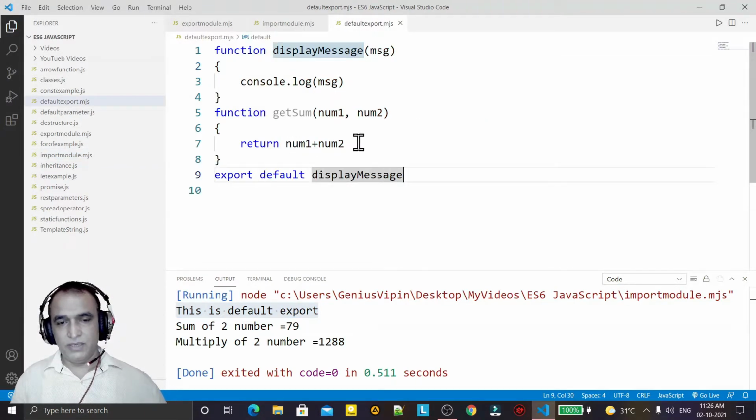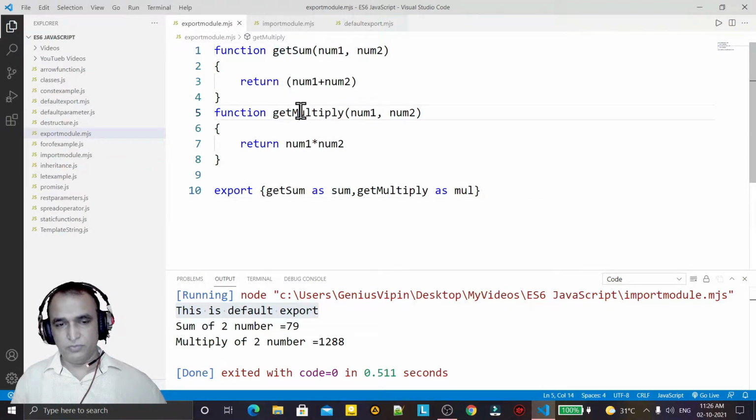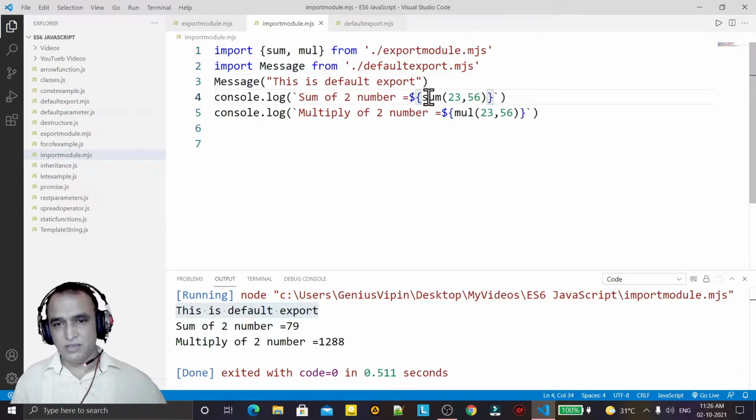In case of a normal export, I can give aliases, but I cannot change the name. I am using get sum here with an alias, sum, but without an alias I have to give the same name; I can't change it. But in case of default I can change the name, no problem at all.